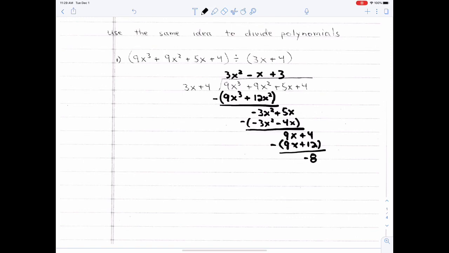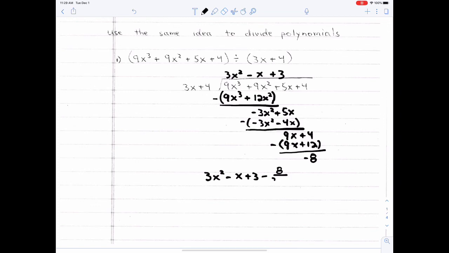Now, what do we do with that? You know, Alex is kind of lame. It probably has you go remainder negative 8. No, that's not what you want to do. This is what it really is. I mean, do it for Alex if they make you, but 3x squared minus x plus 3, and then minus 8